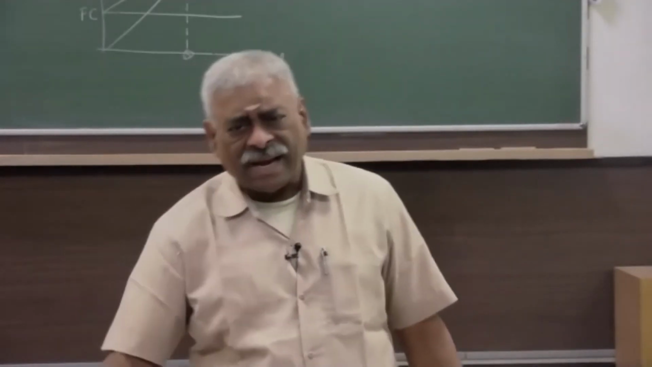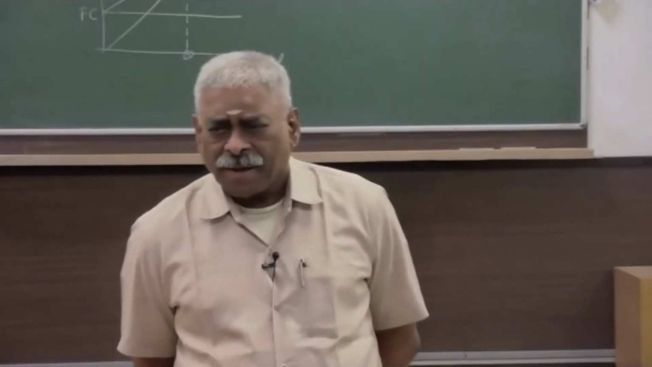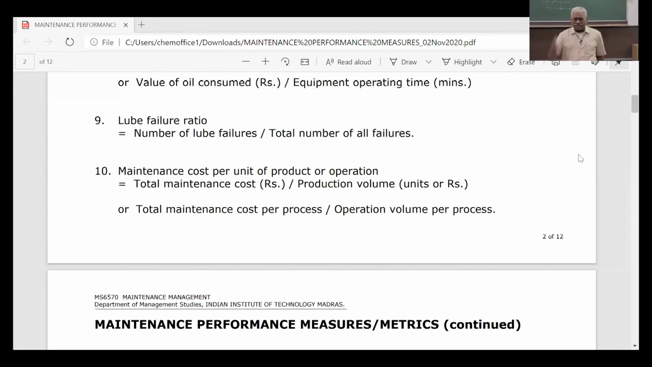Can we go back to the slide, please? So that's the 10th one, maintenance cost per unit of product or operation. That is total maintenance cost in rupees by production volume in units or rupees. I advised you to take rupees in the denominator. Units can also be done, and you can do it unit wise, that is production type or product type wise. Or it is total maintenance cost per process, depending on whether you're doing it on a process basis, and operational volume per process. Both are okay. The first one is more common, that's what I understand. So next slide,